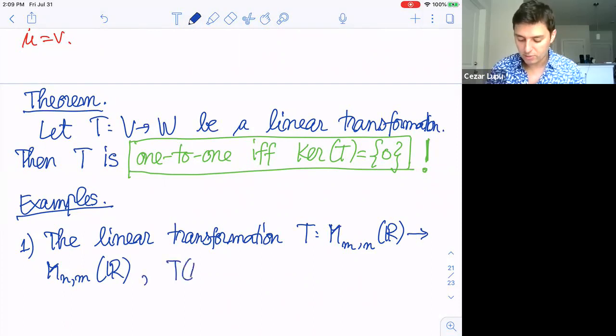As you can imagine, the map is the transpose, T of A is the transpose. This linear transformation is one-to-one